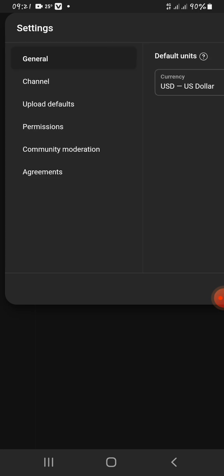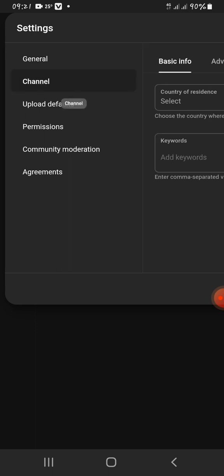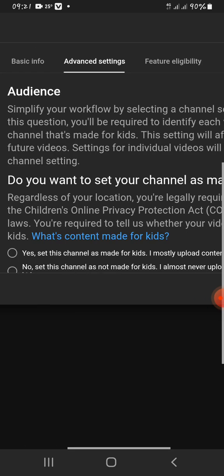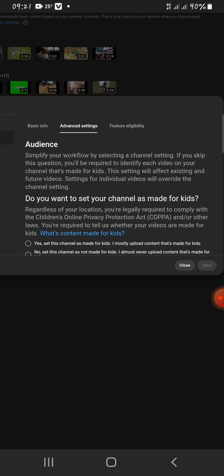These are small settings. The one which I have explained is the most important. Another one is you come here to settings, scroll down and find the setting. After finding your settings, you come to channel. You click channel. After clicking channel, you come to advanced settings. Here there are some settings that you must turn on.